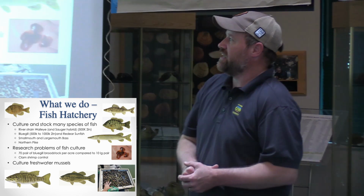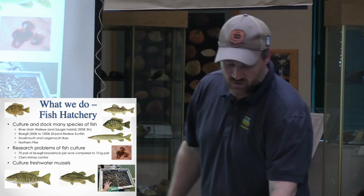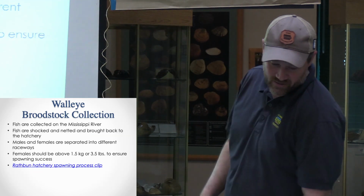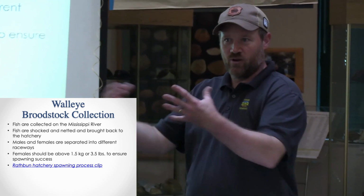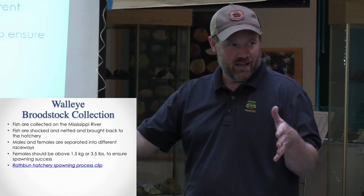And so we looked at controlling them with different stocking ratios of common carp or koi to try to control them, but not eat the walleye that we stock out there. So right now, we just finished our walleye broodstock collection. So we'll go out in the river, we'll electrofish, get our big mommy and daddy walleye, and bring them back